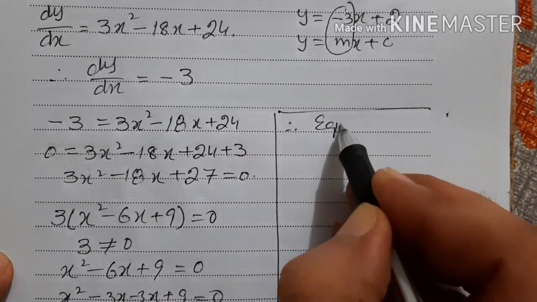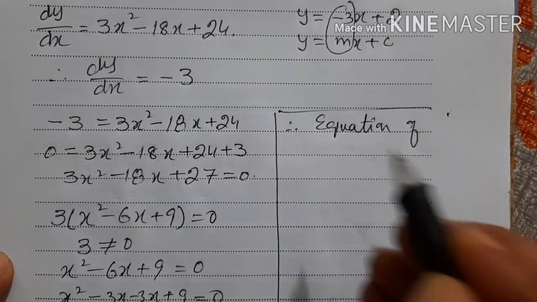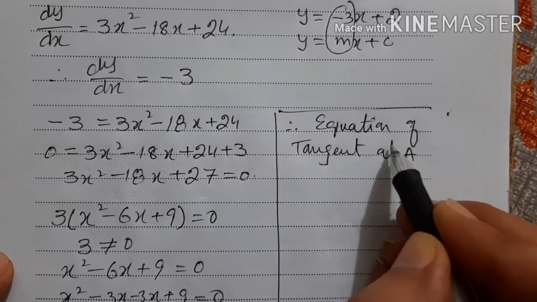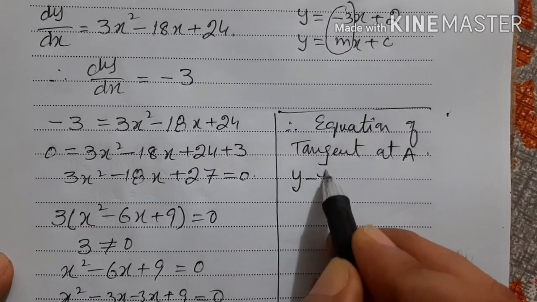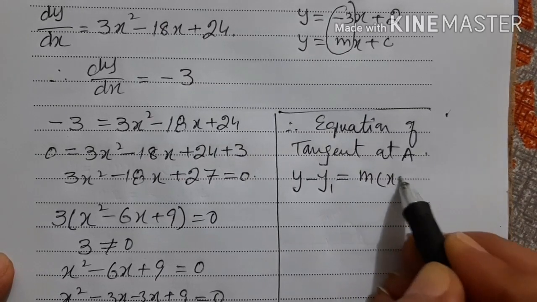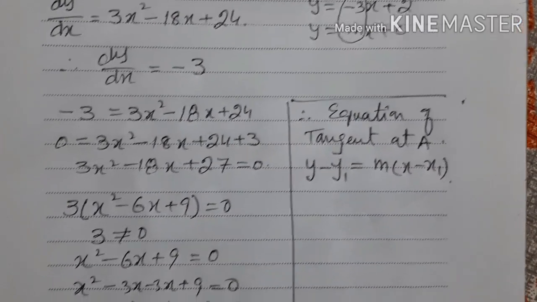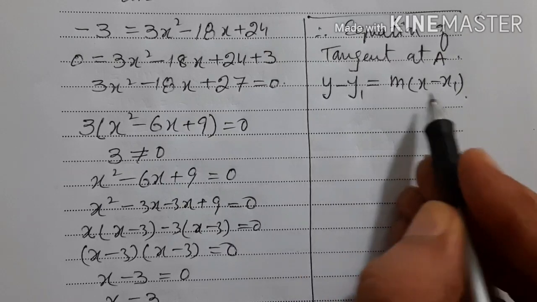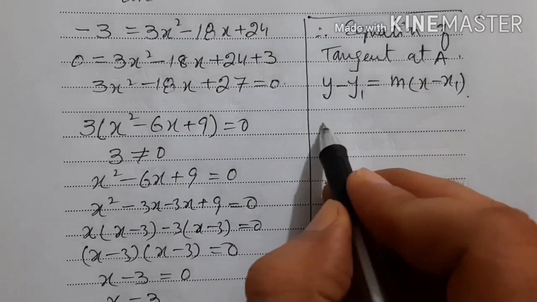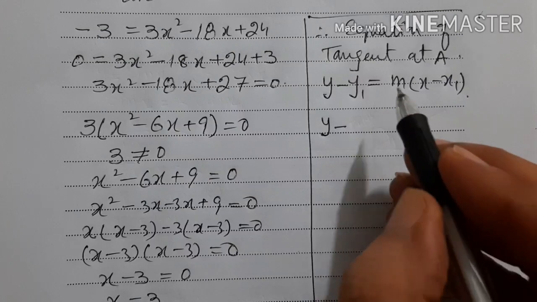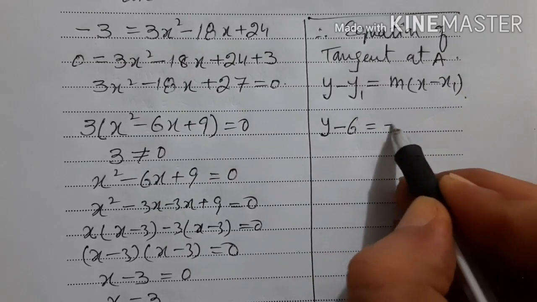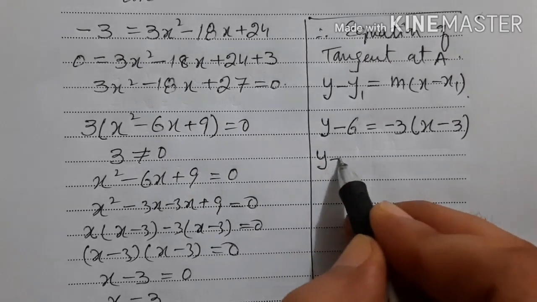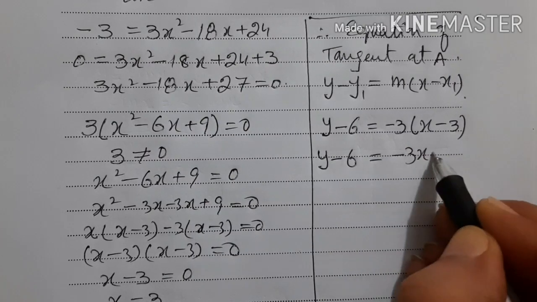Therefore, equation of tangent at A will be y minus y1 equals m times x minus x1. This is the gradient point form of the equation. So x1, y1 are actually the coordinates of A, and m is the gradient. So y minus 6 equals minus 3 times x minus 3. So y minus 6 equals minus 3x plus 9,